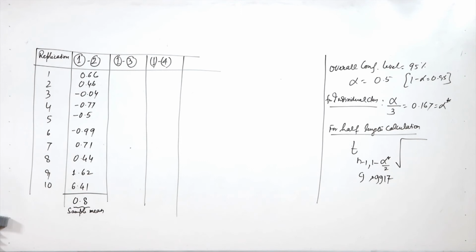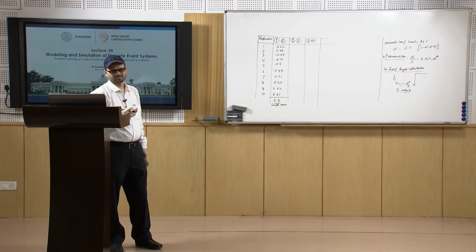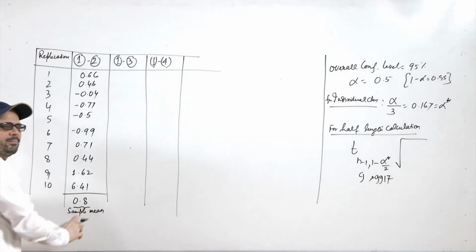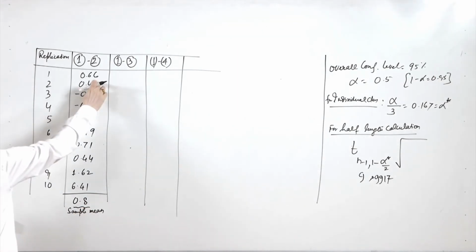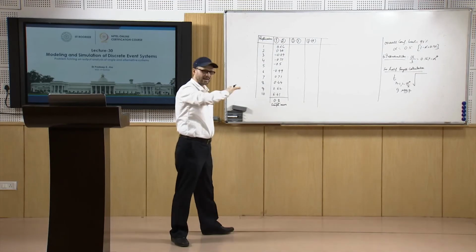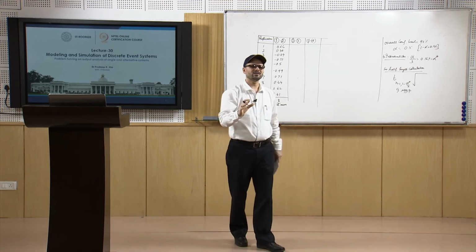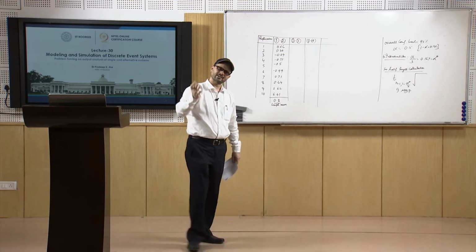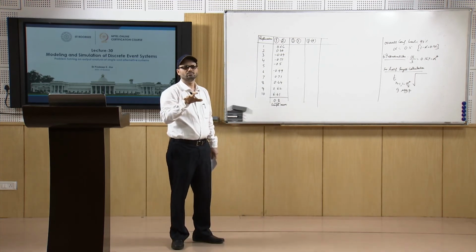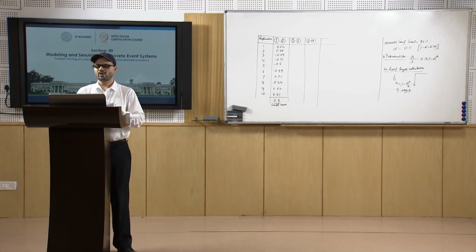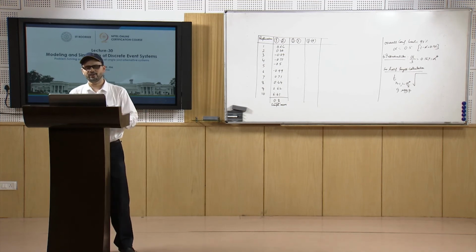So, what we saw is that from this value we have to find the sample variance. So, sample variance will be this minus the sample mean squared, plus this minus the sample mean squared. This way we will have the sample variance, with that summation all divided by n minus 1. So, that we will get s square n, and that will be further divided by 10. If you do that calculation, we get